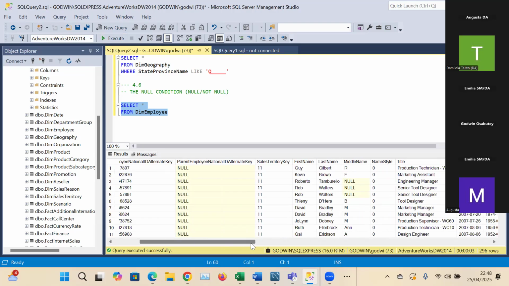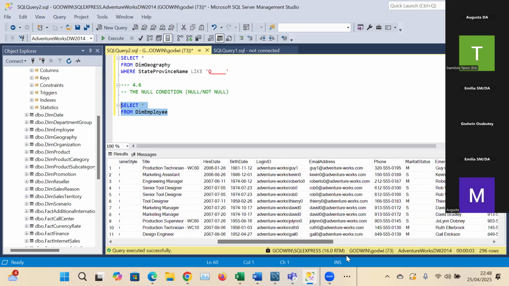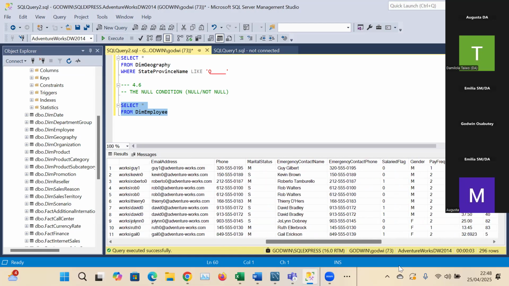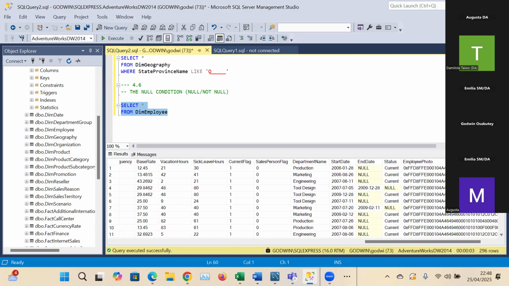Middle name has nulls. Okay, end date has nulls. That's interesting. Right, so assuming we want to work with this, we say select all from employees, or select,